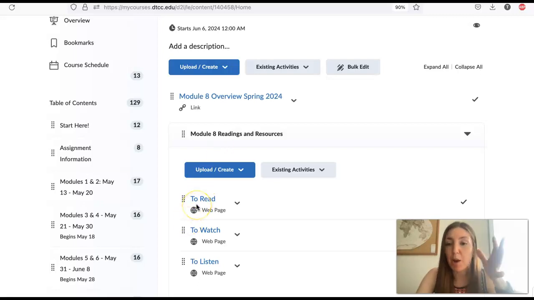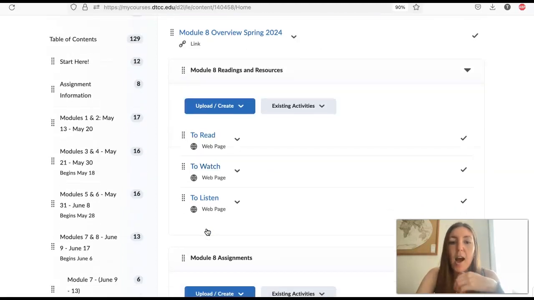Under the readings, because we're halfway, there's some articles with cultural information, but then there's also a little review of some of the things that people usually get wrong over the first 7 modules. And same with the watch, there's a video of things that people usually get wrong over the first 7 modules. So try to review those because the quiz this week is a little bit longer and it is a review of everything that we've done so far. So if there's any topic that you really didn't understand, let me know, and make sure you go over it before you take this quiz.